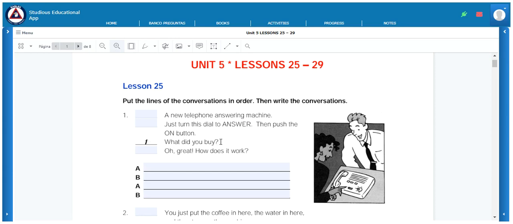What did you buy? What do you think goes after? So if you have a question, what goes after should be the answer. Like it says, put the lines of the conversations in order, which is the space on the top, that's why it's provided for you. And then the second part is write the conversation. So once you have it in order, you have to rewrite the conversation from the top and fill in the blanks. So the first sentence would be,